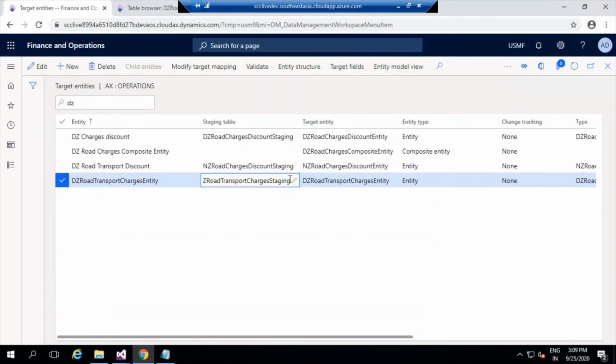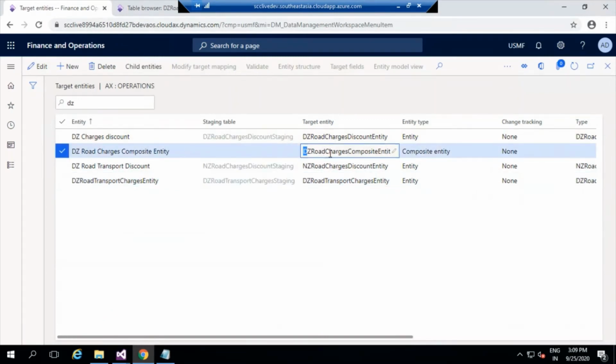Okay, as I said earlier, you can create an export job or import job for the individual entities also. And that is what we discussed last time. I don't want to go through that again. So as part of this session, we'll take this composite entity and we'll see how to export or import the data from the composite entities. If you could remember, at the start of the session, I told you the composite entities are going to deal only with XML files. So when I'm going to export or import, I'll have to use only XML files.